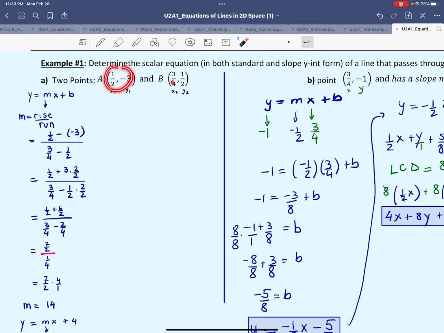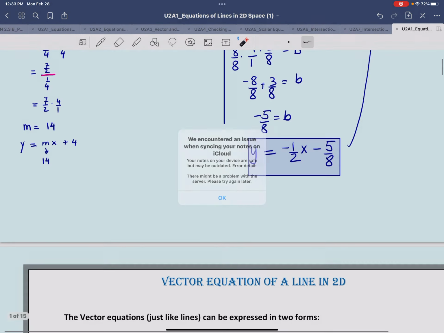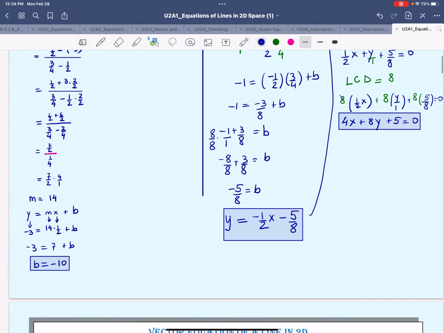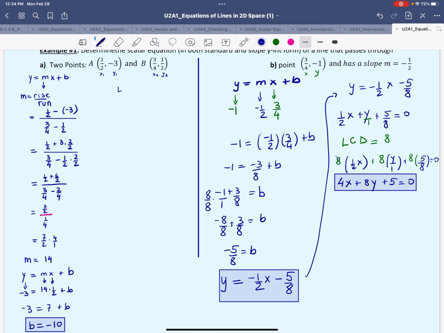So we can pick either a or b, but I'm going to pick a in here because it has fewer fractions for coordinates. So x equals 1/2 and y equals negative 3, which means that I can replace x by 1 over 2 and y by negative 3. And we have to find the value of b. So negative 3 equals 14 times half is 7 plus b, and then it seems that the value of b is negative 10. So with a b value of negative 10, then I'm going to write the equation in slope y-intercept form,